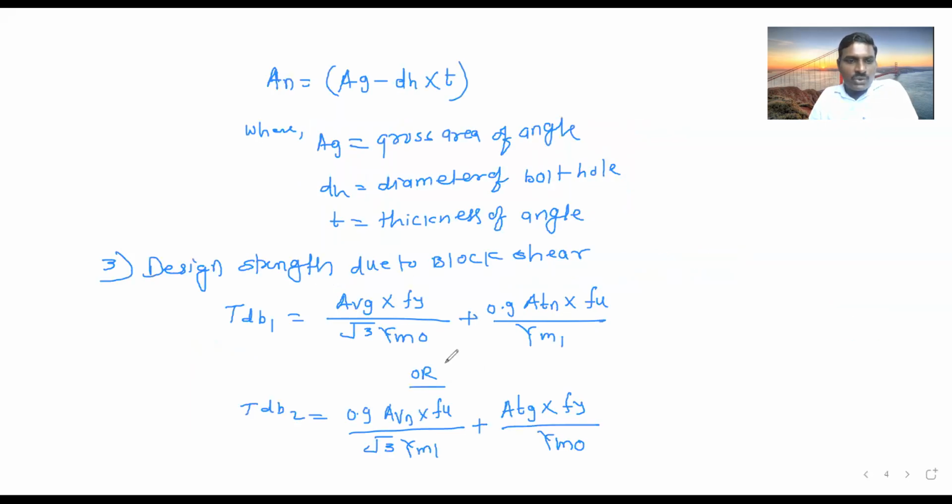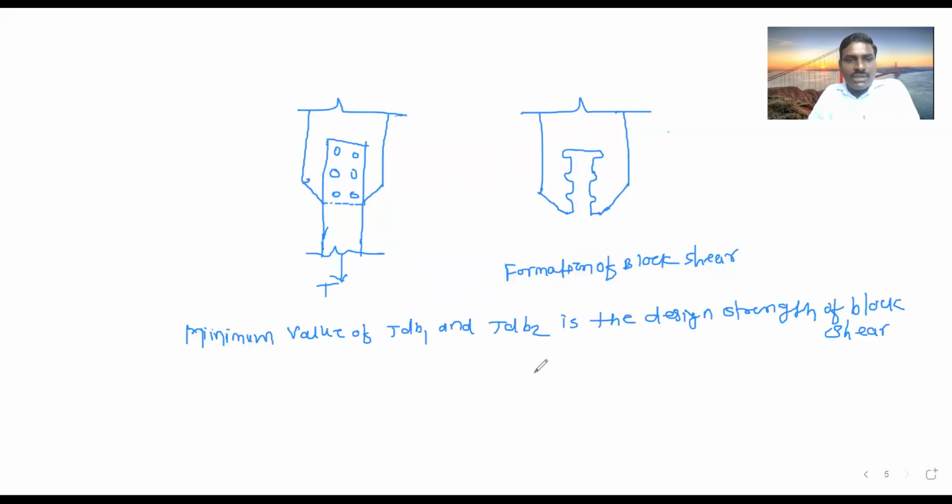We have calculated two strengths for the block shear, TDB1 and TDB2. So out of these two, whatever minimum value of these is the design strength of the block. Okay. So now